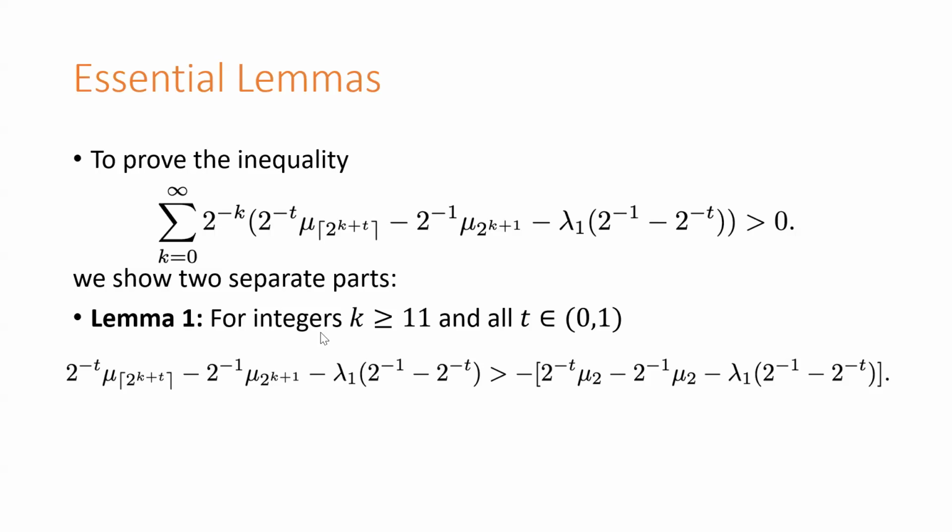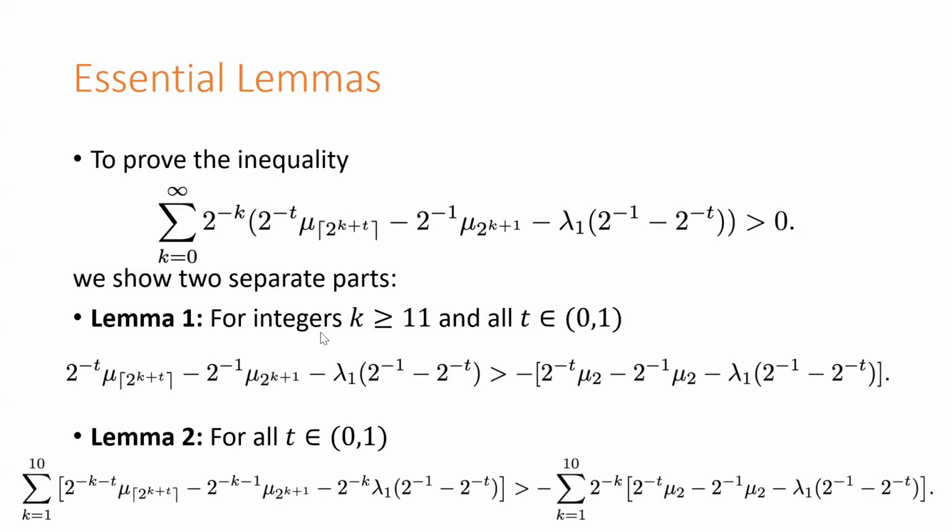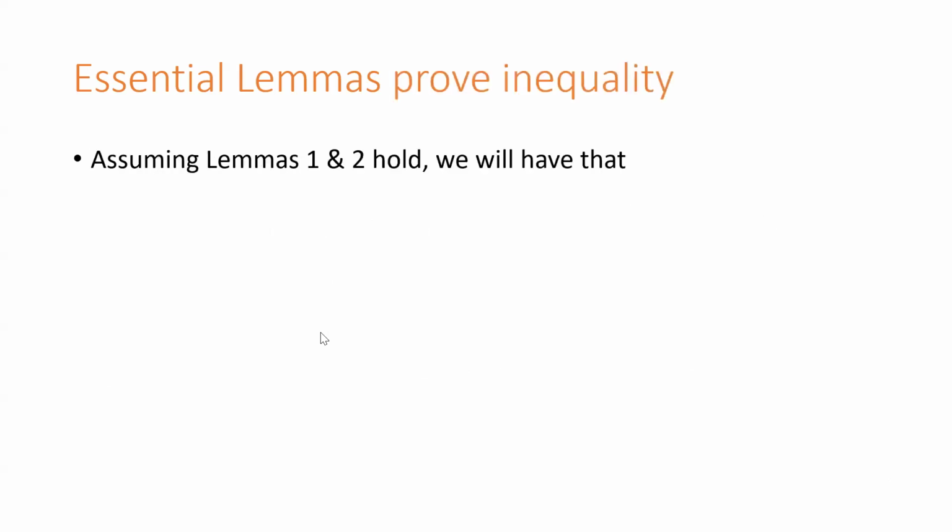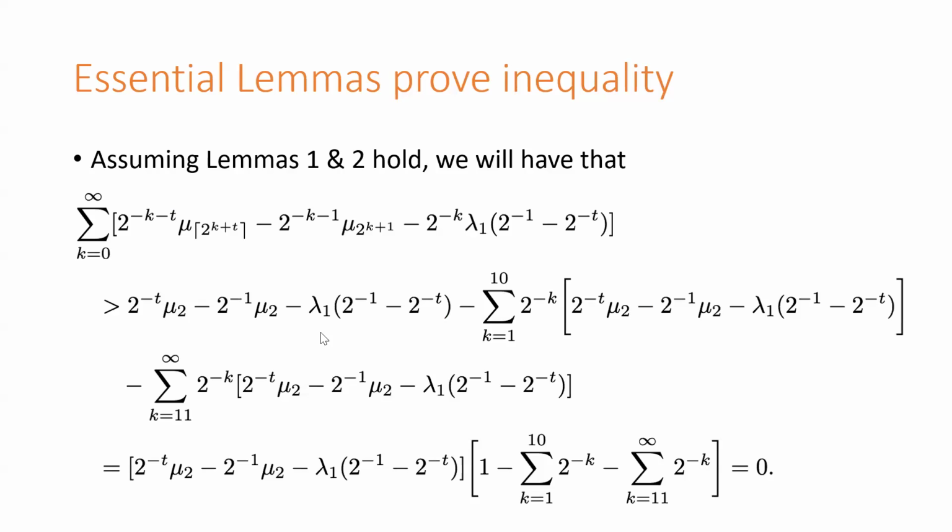And lemma 2, which is the small k, is, it's hard to see from this angle, but there's a sum for k equals 1 to 10 on the left-hand side and another sum, k equals 1 to 10 on the right-hand side, and they relate different quantities together. And if you're wondering how these quantities actually connect to each other,